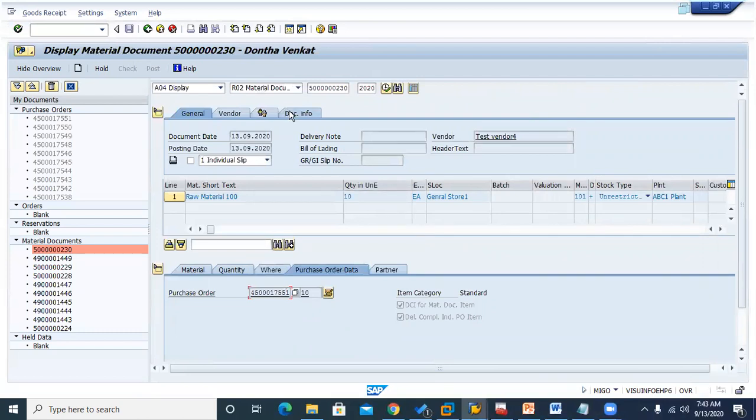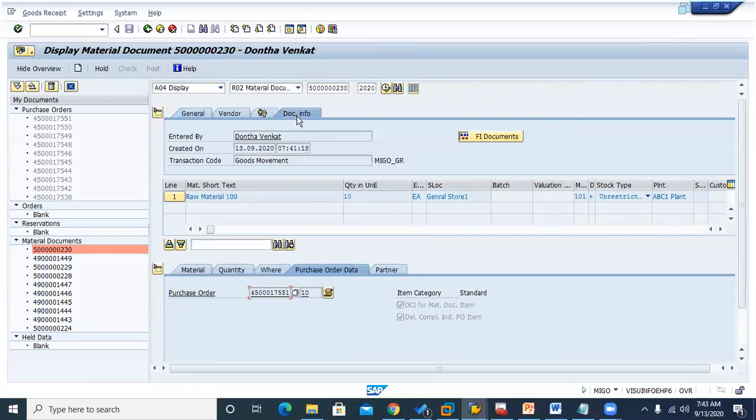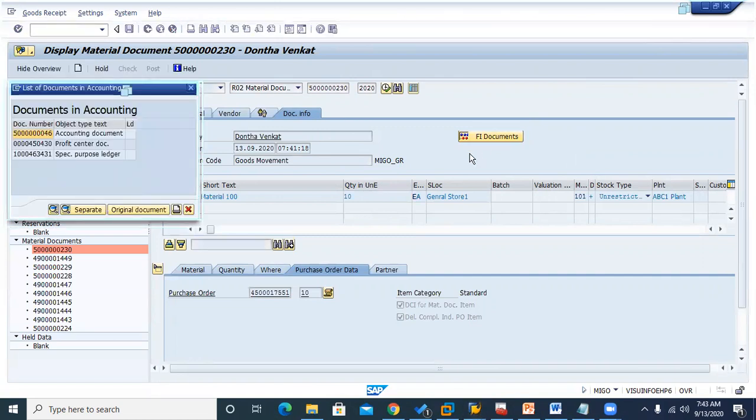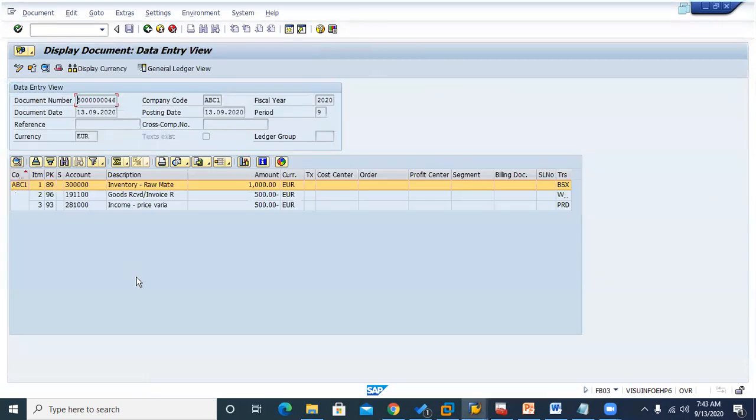Now to see that FI document, you can go to this document info. Here you have a tab for the FI documents. Okay, so you click on this one. Here there are other documents as well. You can see them, but we don't intend to look at the others now. Those will be later. Presently we want to see this account determination. That's why we want to go into the account document. So let me open this one, double click on it, or click on the lenses below, so that you come to the screen.